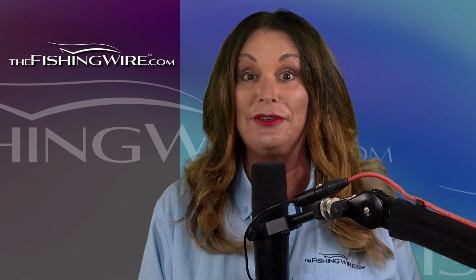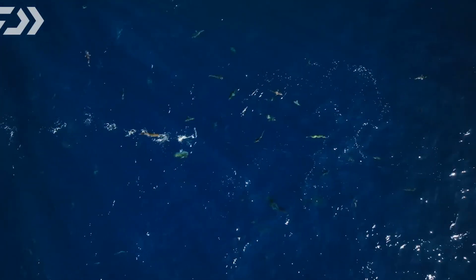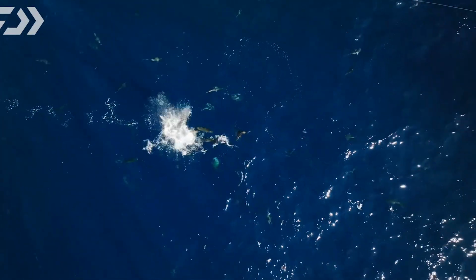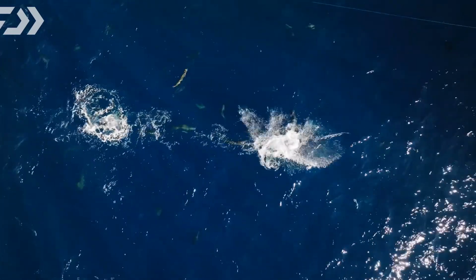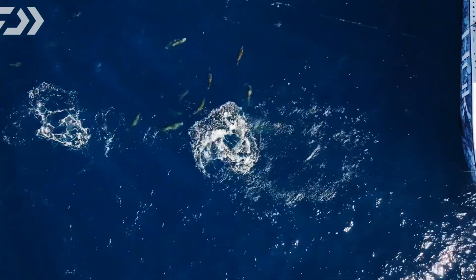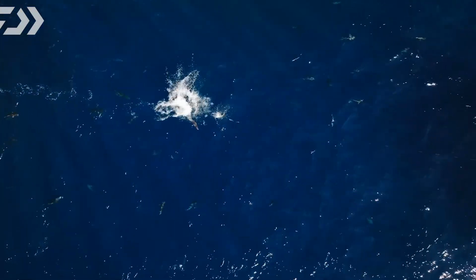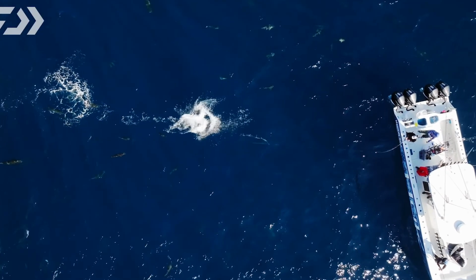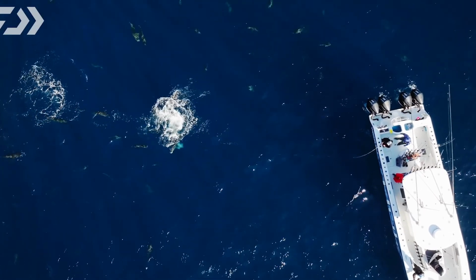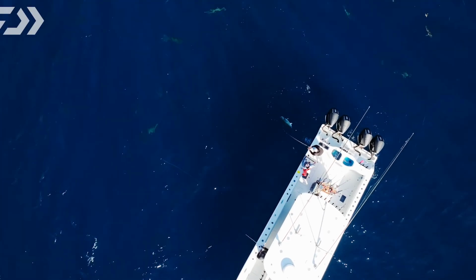Let Gramps get tactical. DAIWA then took that wooden dream, injected it with high-tech muscle, and turned it into a precision ABS plastic missile. Now, ABS stands for something very complicated and hard to pronounce, but what it means is high-grade thermoplastic polymer that's used in premier lure construction. And all of that means the Cuddler casts long, it swims sexy, and it doesn't roll over, no matter how